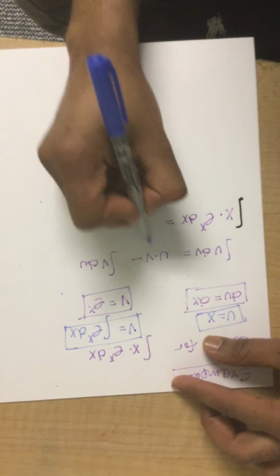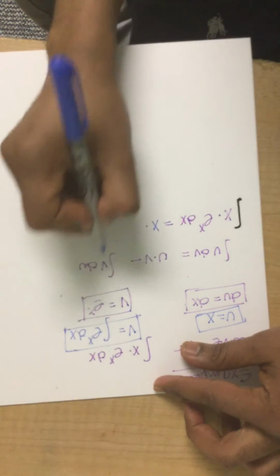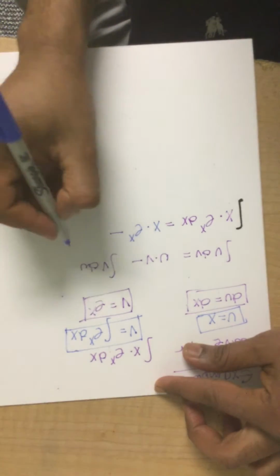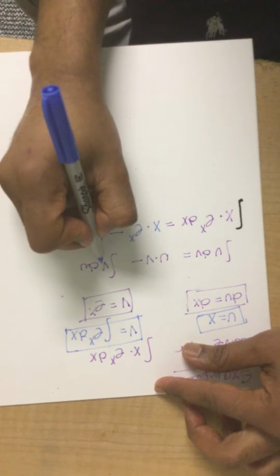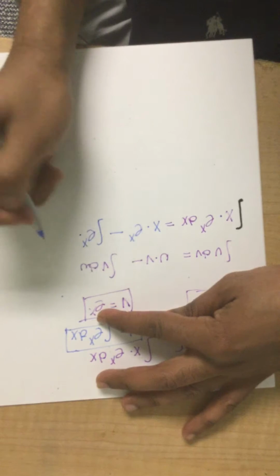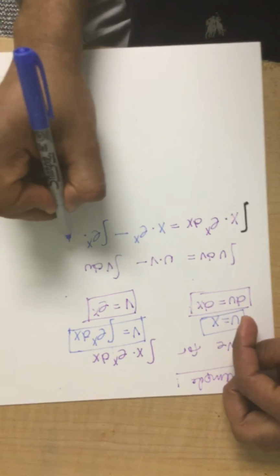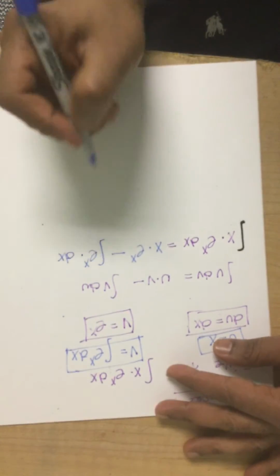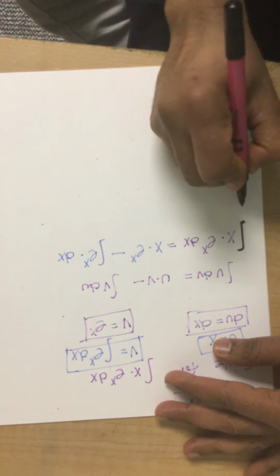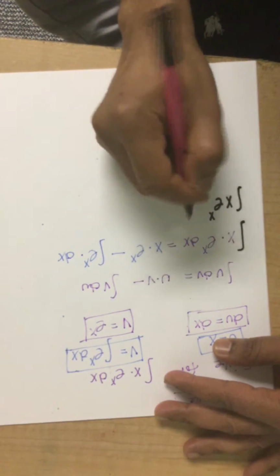Now I can use x instead of u, and instead of v I can use e to the power of x, minus the integral of, instead of v I can use e to the power of x times du, which is equal to dx in this case. All right, this is my equation,